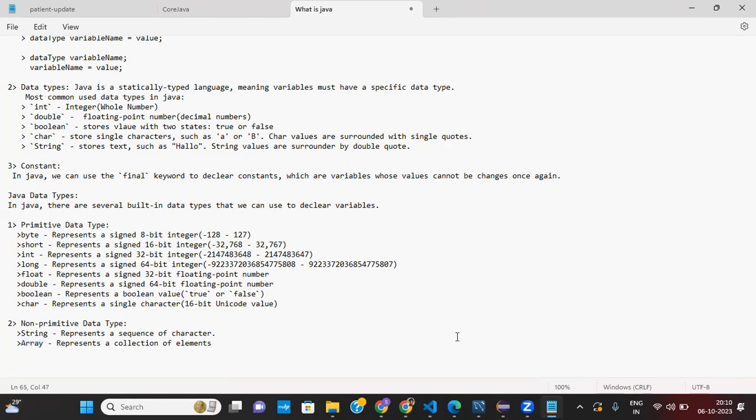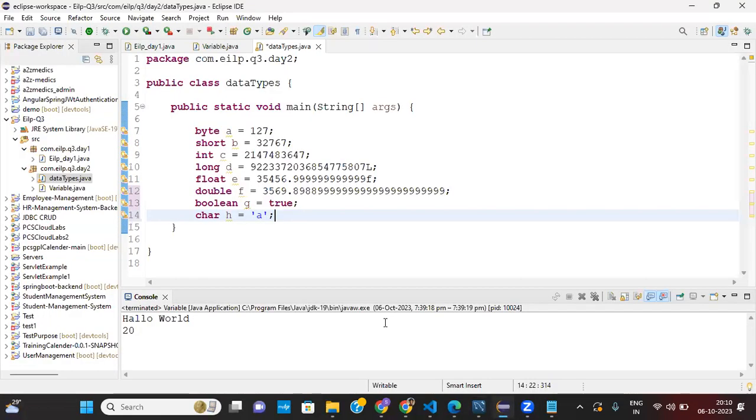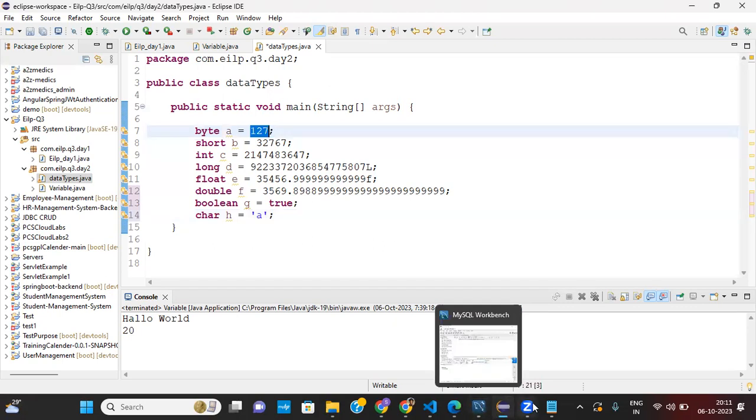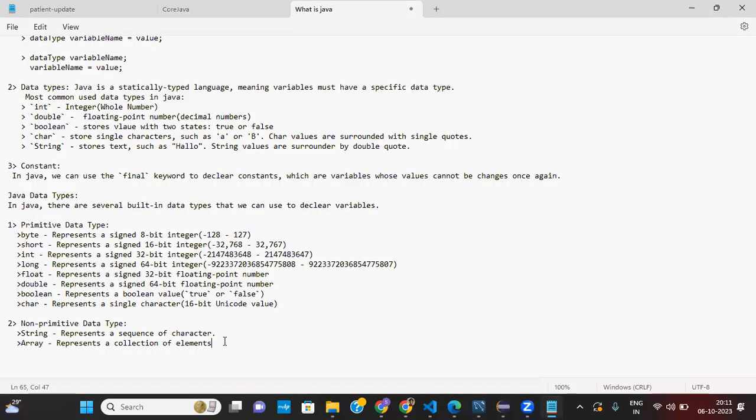If I declare an array and after the assignment operator I give some values, then in case of arrays those values are known as elements. You need to say those are the elements, of the same data type.